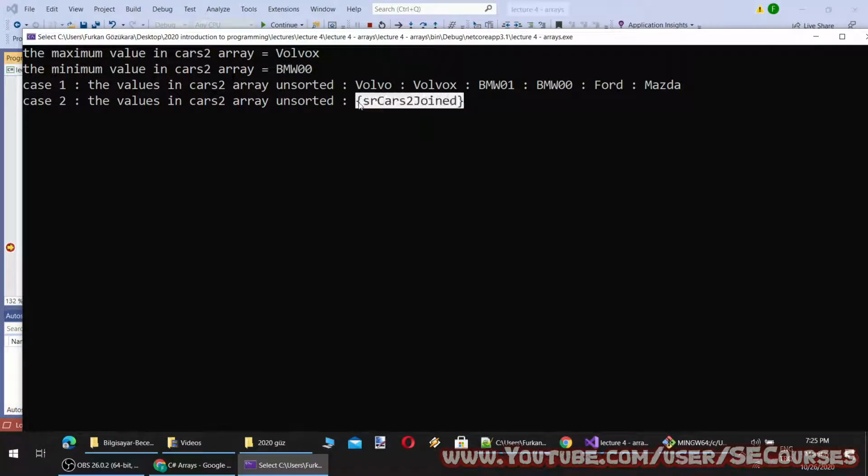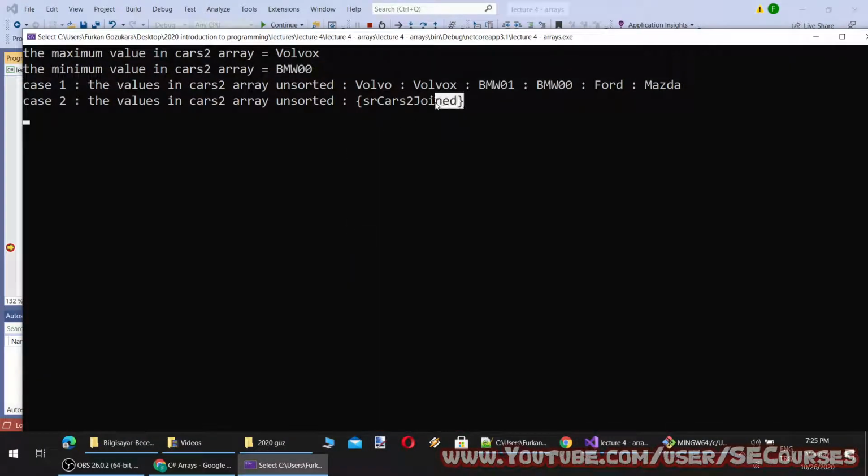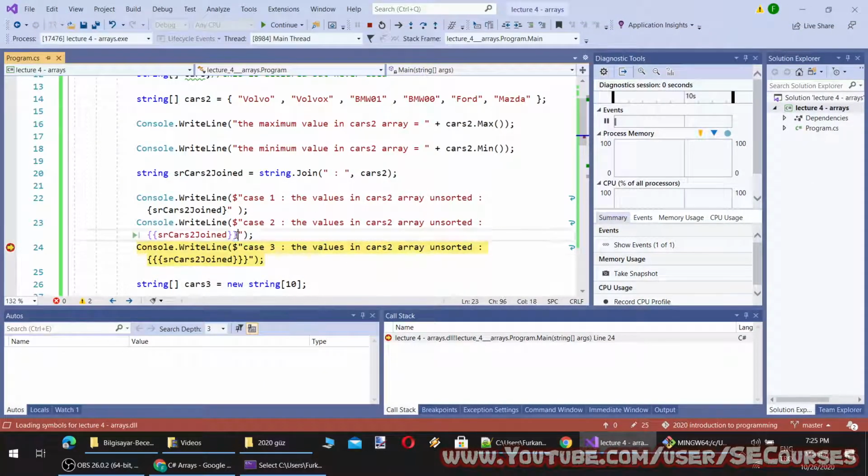Now this string object has become a literal character set and is printed like this. So if you use double curly brackets, it becomes a regular character, only when we are adding a dollar sign in front of the string.